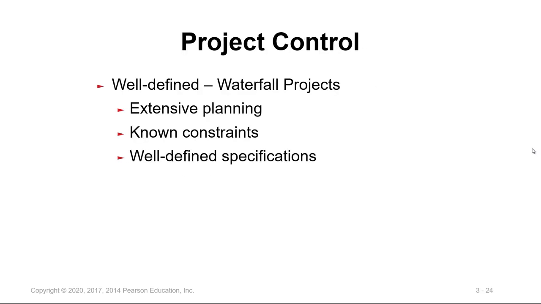The project control could be implemented based on the project that we are dealing with. So if the project has well-defined specifications and has known constraints, then it needs extensive and detailed planning. I have all the information, but I need to make it in detail. I need to plan it in detail. This type of project is called a waterfall project. Waterfall, because I have the information, so I just need to see the sequence of these activities and the detailed